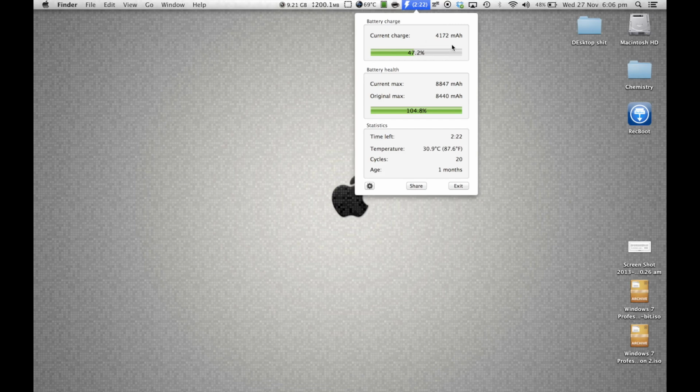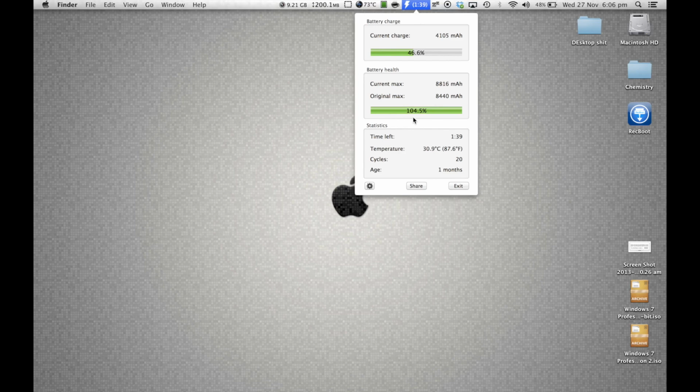It tells you what your current charge is and actually gives you a number of the mAh in your battery. It tells you what your current health is of your battery. So if your battery's starting to degrade and you're not getting as big a charge out of it, you'll find that out and it'll tell you that. It changes from time to time based on usage and based on CPU usage, so it gives you a very